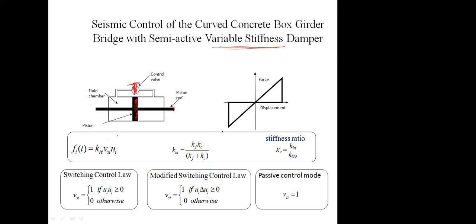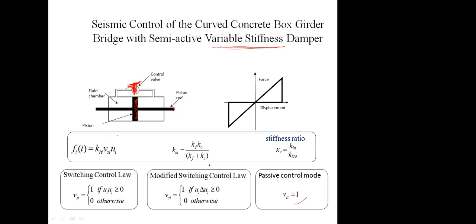When it is equal to 1, it will act as always passive in nature. Suppose at the time of an earthquake, due to some power failure etc., we are not able to control the opening of this wall by using the algorithm. If the wall opening is not controlled, it automatically either may be closed or may be open. At that time VSI will be 1 and it will act as a passive system.